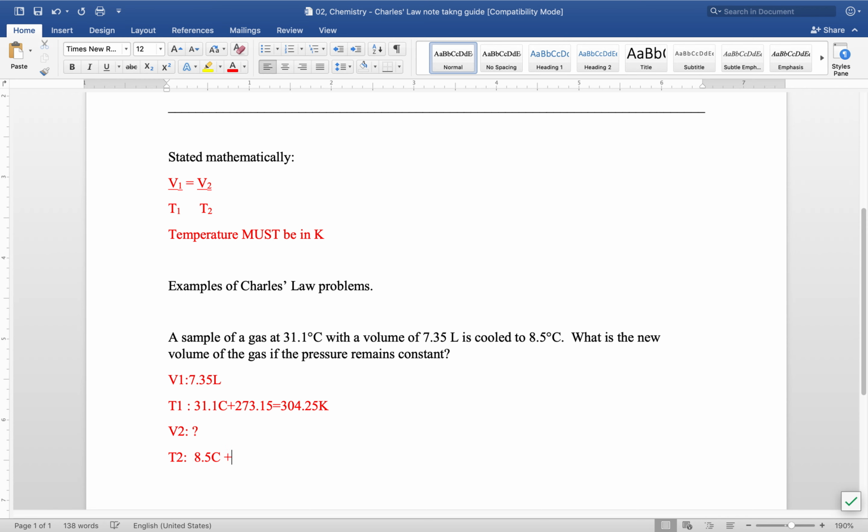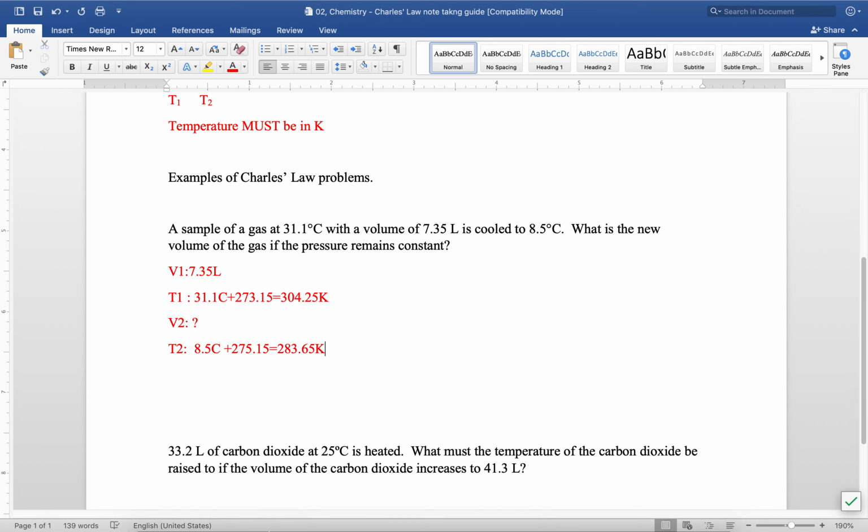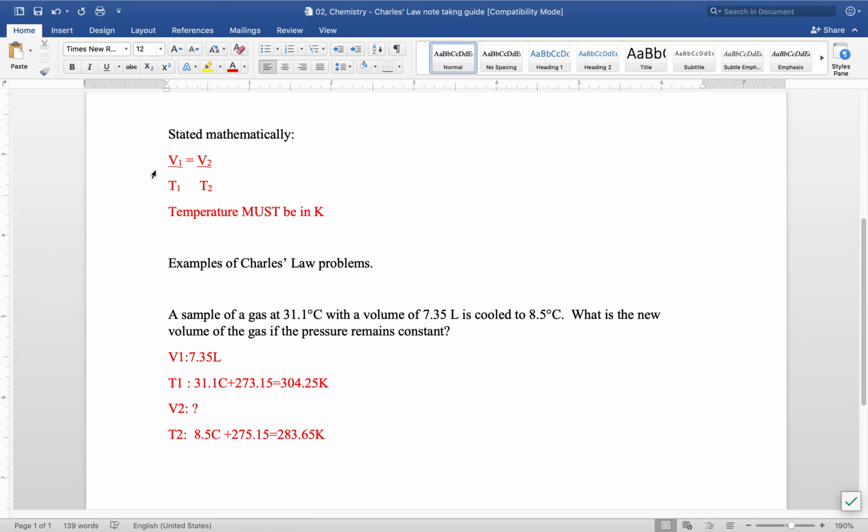And so I'm just going to add 273. So 8 and 5 is 13. 283.65 Kelvin. Yes. And then I'm going to solve that equation for V2, which would consist of multiplying both sides of the